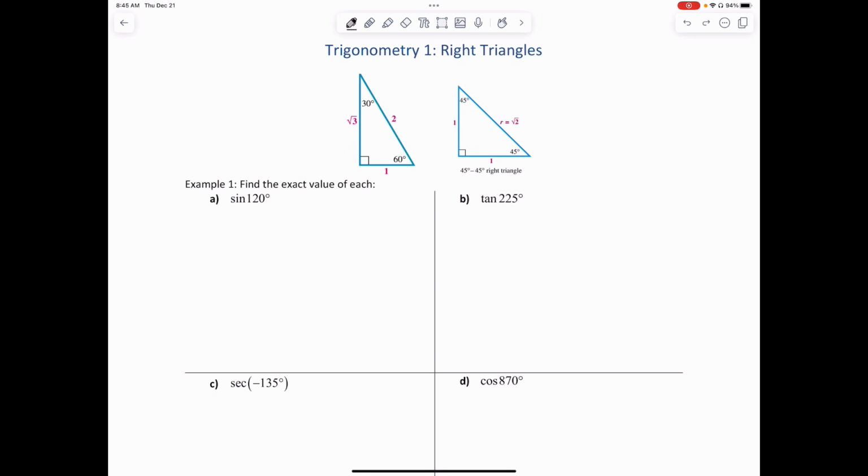To find the sine of 120 degrees, you first want to recognize that if you're looking for the sine of some angle, we often use theta, but any variable is fine. We're going to be either looking in a typical triangle at the opposite side over the hypotenuse side, or we can think of it in the coordinate plane as being the y value over the radius that is formed by that angle. So, considering 120 degrees,